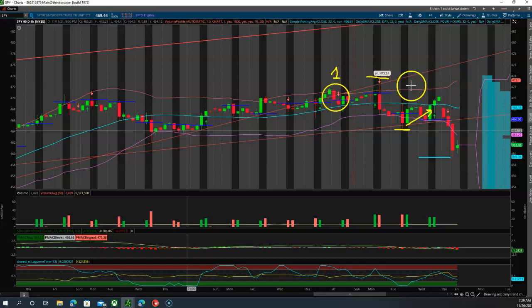So we have our 1, the trend break. We have our 2, the retest of the preceding high. And then, most important, we have 3. And that's the break of the preceding low. That right there tells us that the intermediate trend has changed. And when I say intermediate trend, you have to understand and identify